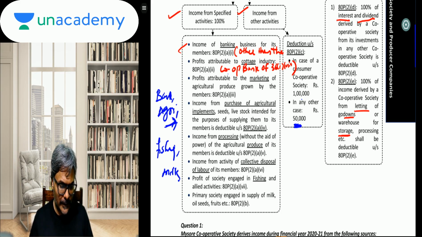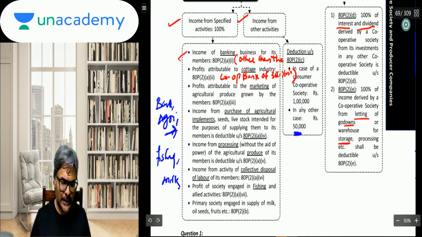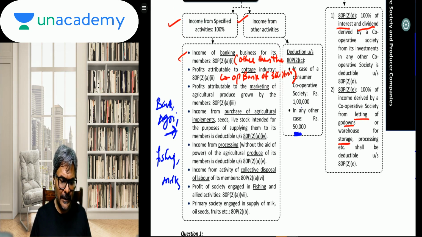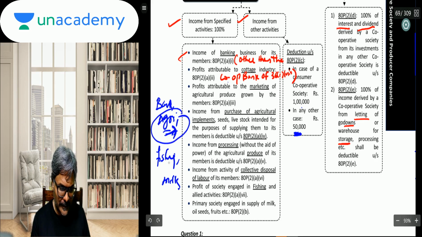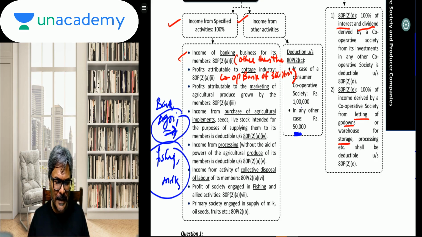So now in this regard, if you see very carefully, what is the situation? These are the main income primarily which has been exempt. These main income items also include agricultural income, fishing and milk. I'm just telling you about the main activity, that is agricultural activity, but be careful students here.